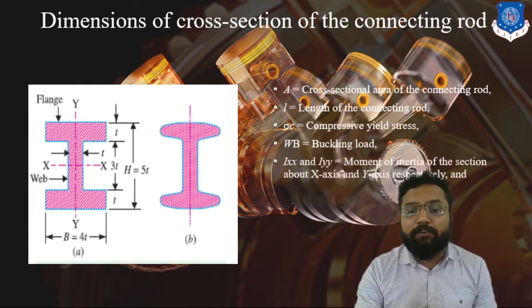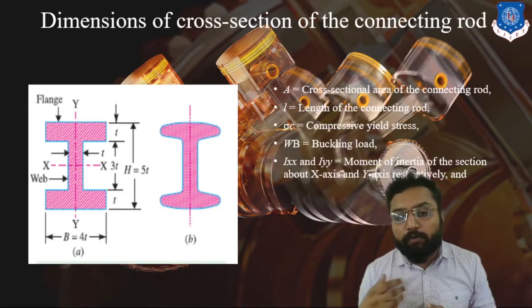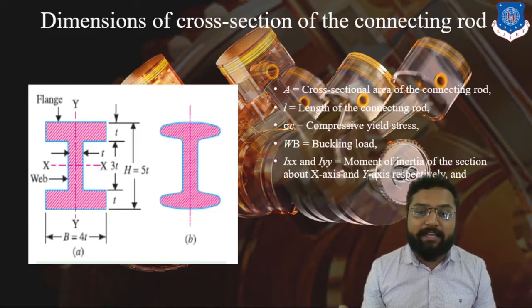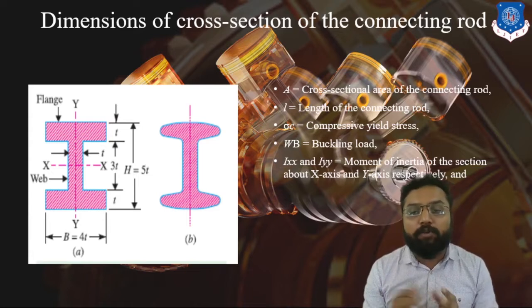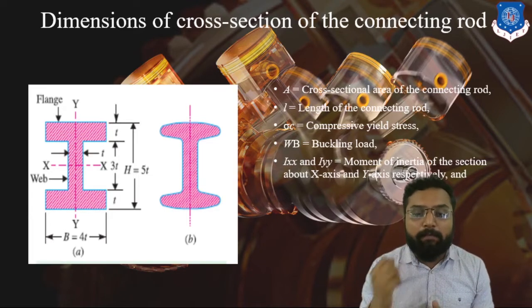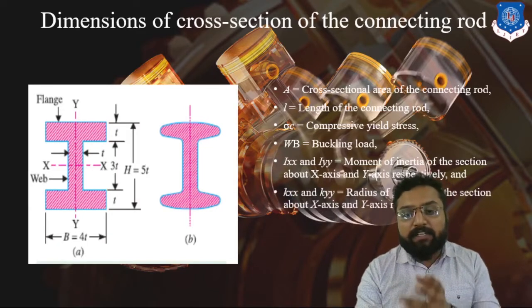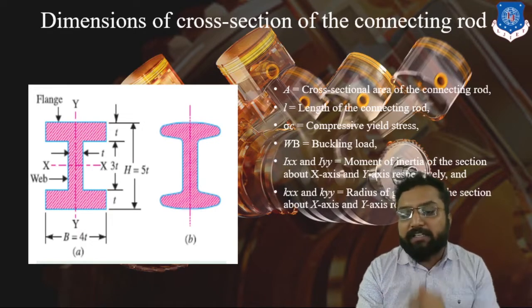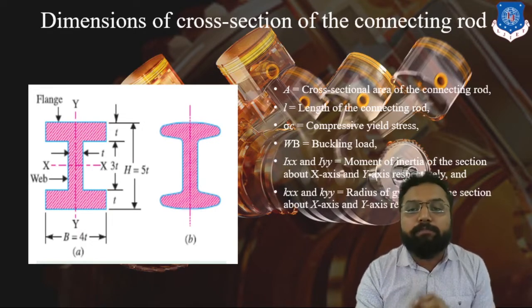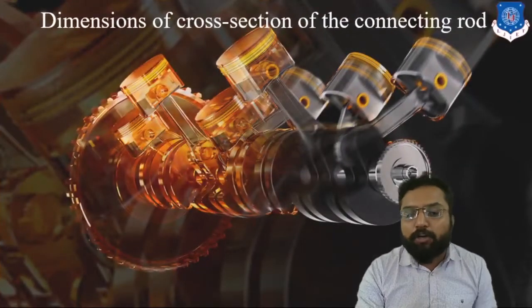Clear? After that, we have to design for our limiting criteria, because due to this buckling load, it can tend to buckle in the x-axis direction. Here you can see the x-axis cross section area and the y-y direction. So it can buckle in both directions. We have to find the minimum moment of inertia where it can yield easily. Okay? This is the radius of gyration, which is applicable while considering this moment of inertia. So these are going to be our input criteria.